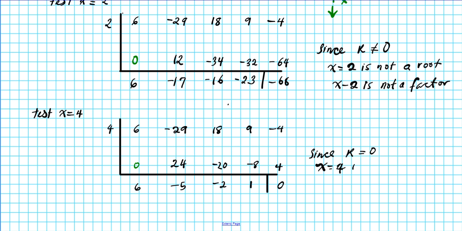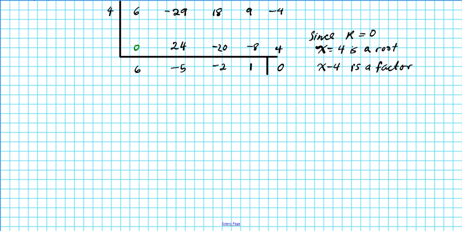I don't know where 2 came from. So x equals 4 is a root, one of the rational roots, and x minus 4 is a factor. Okay, so now let's write down the partial factorization of the polynomial function. It is now going to be x minus 4, the related factor of the root x equals 4, and then